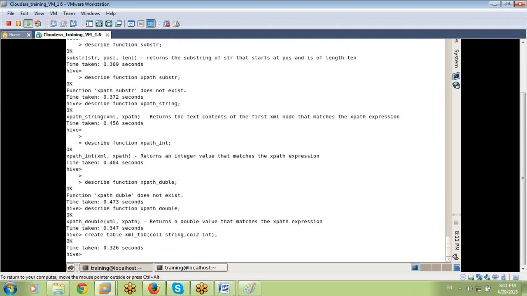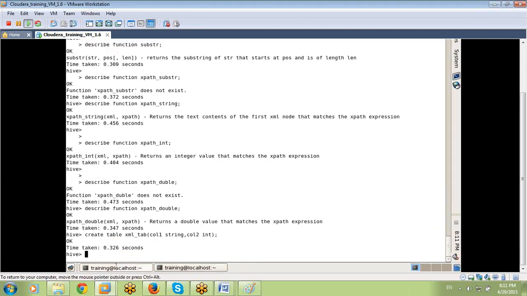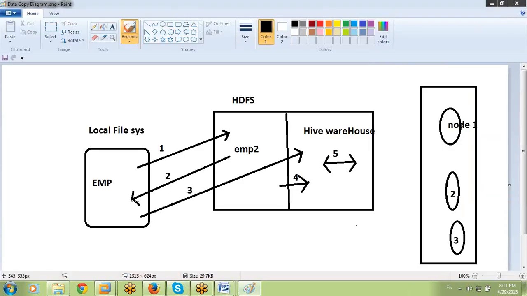Okay, and I'm loading data into this table XML tab where data is available. Now tell me, friends, what is the command for loading? Similar to the third arrow, loading from local to a Hive table.